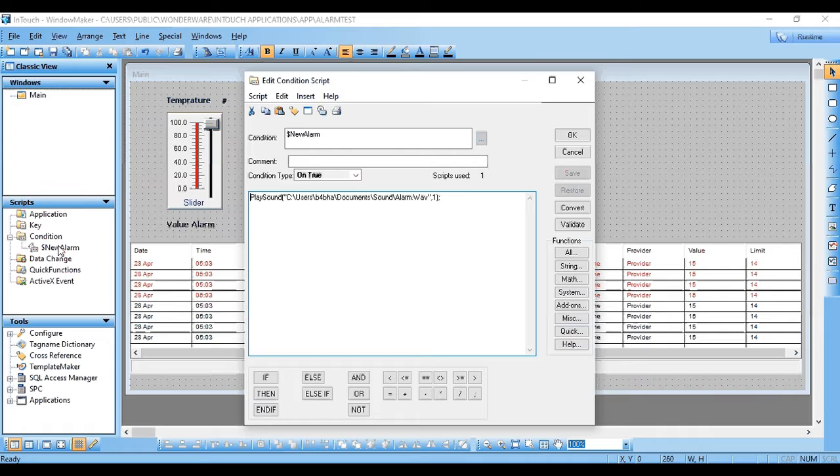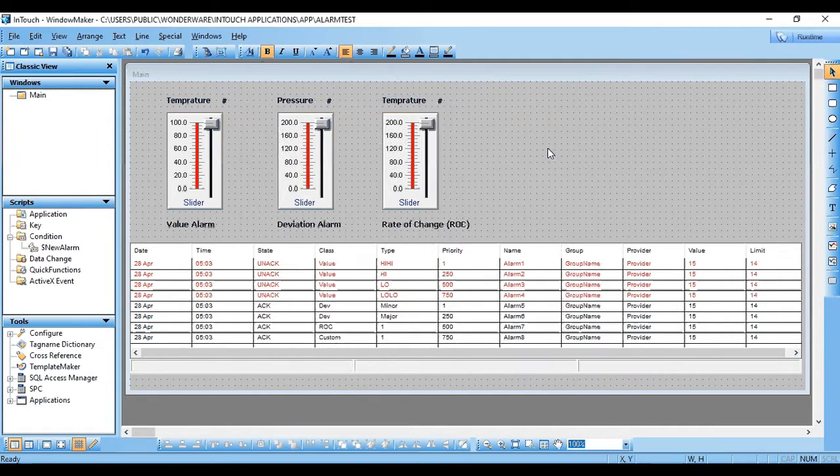The condition was $new alarm, which is the inbuilt super tag for alarm. Whenever the alarm is set to high, I was playing the sound file located at this place. So this was a very simple condition. When the alarm was triggered, the sound file was expected to play. You can also use the condition script as per your requirement.